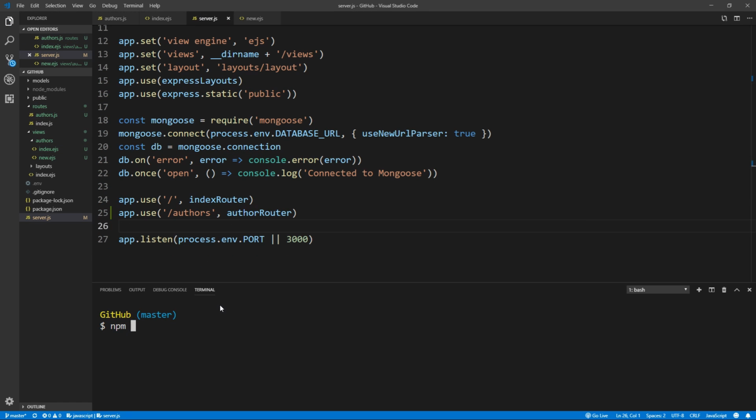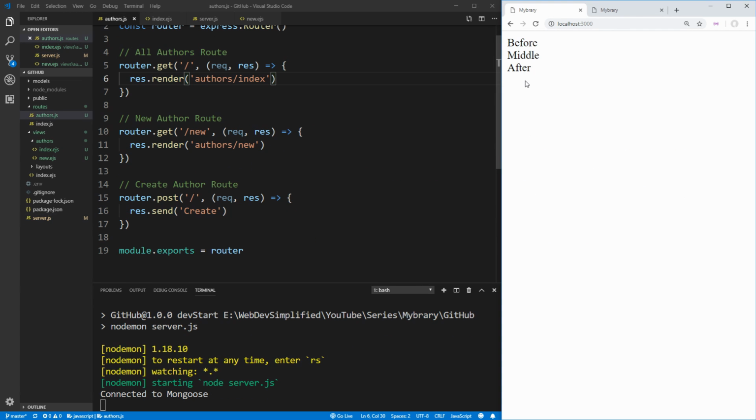So let's run npm run dev start. That'll start up our server. And this right now is our index page from our previous video. To go to our authors page, we just type in /authors, and this is going to give us the index page from our authors. As you can see, it says all authors. And if we wanted the new page, we would just put new at the end here, and we get our